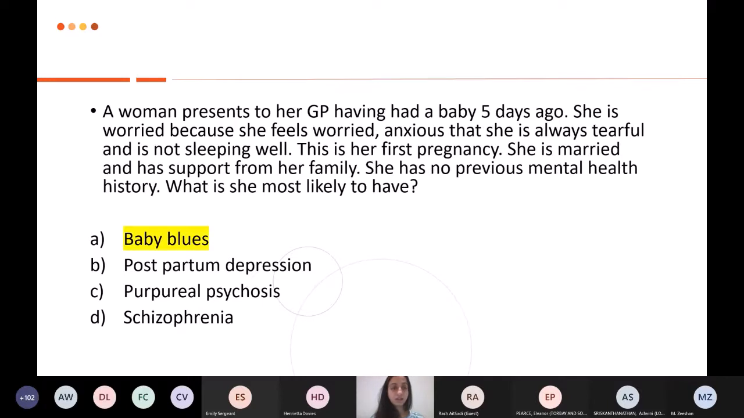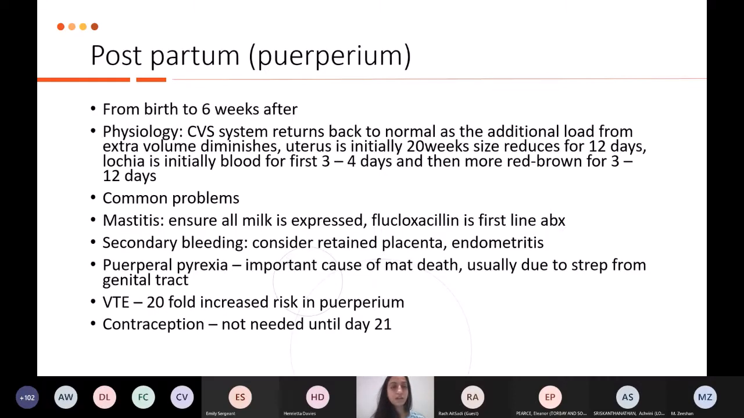I'm thinking a lot of it. That's what I would go for. Again, it would depend on what you had in front of you and the history of who you were looking after. So let's talk a little bit about postpartum and then we'll come back to the mental